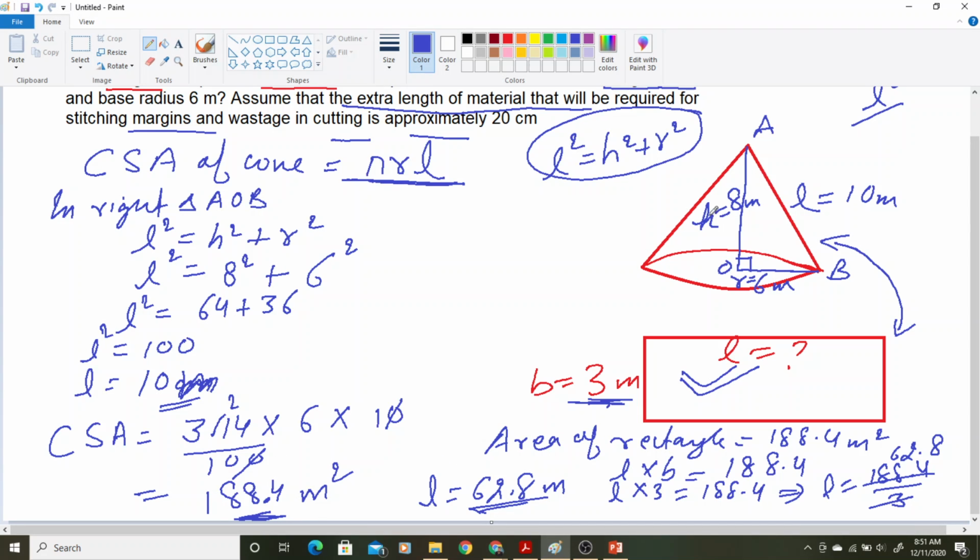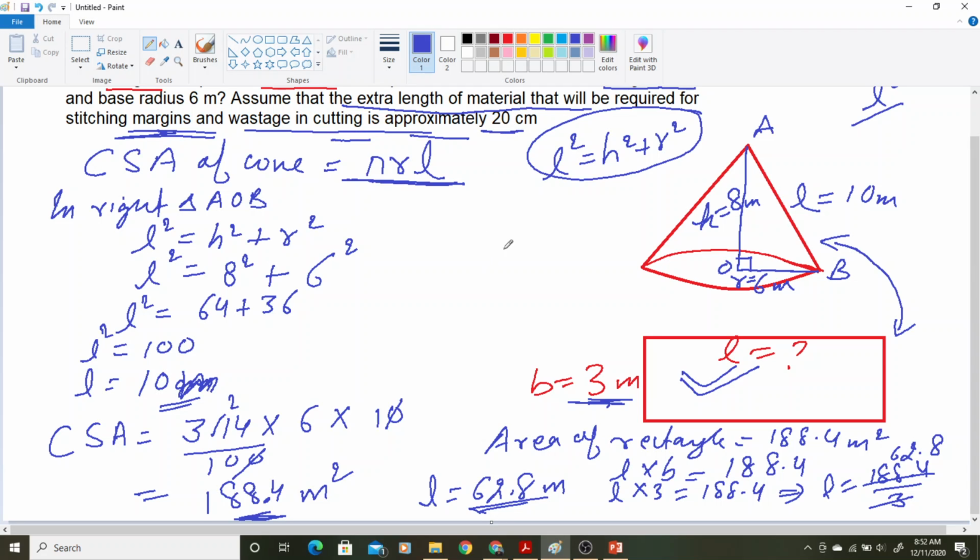तब हम ऐसा एक tent बना सकते हैं. But one more thing is given in the question, that some length. देखो जब हम कोई चीज़ बनाते हैं ना, by using any cloth, if we are making anything, कुछ कपड़ा वेस्ट होता है. You must have seen this thing in a tailor shop also, है ना. So इसमें क्या बोला है, while stitching कितना कपड़ा वेस्ट हुआ, almost 20 centimeter.